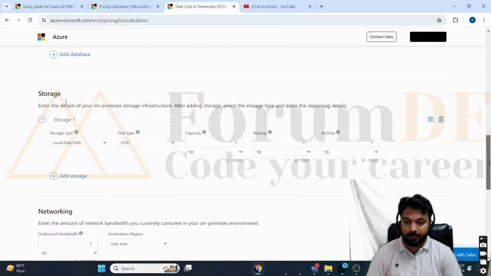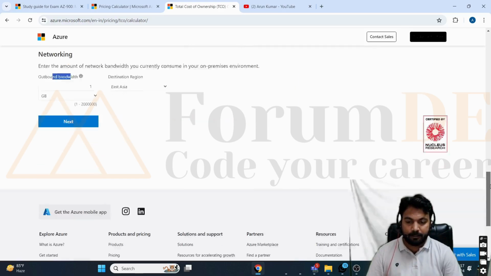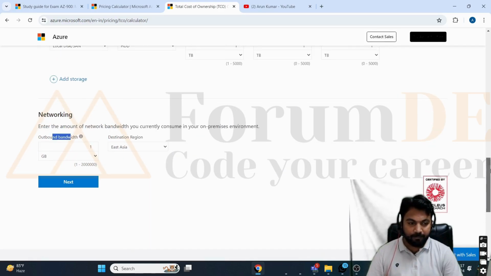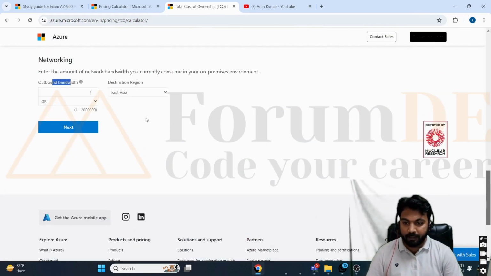And here there is something called storage, what kind of disk you have, whether it is SSD, solid state drive, or hard disk drive, which one you have in your server. After that, it is asking for some details regarding the networking, that is, what is the output bandwidth of the network that you are using. So after filling up all these details, we can click on this next option,